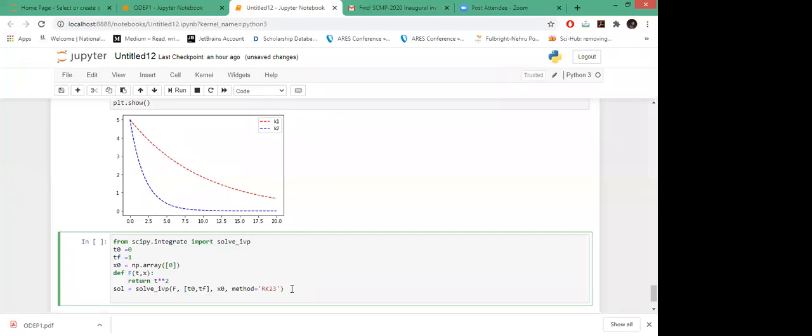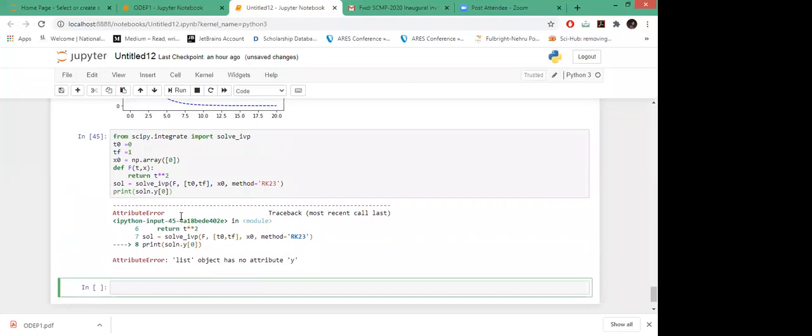Then let's see. We will print our solution. Okay, we are passing this. So your solution has this y0, so you will access the solution, those particular values of y, so you have to call it through solution.y0. Okay.